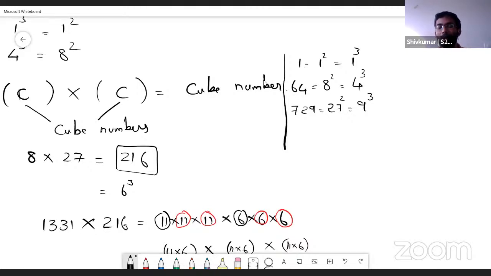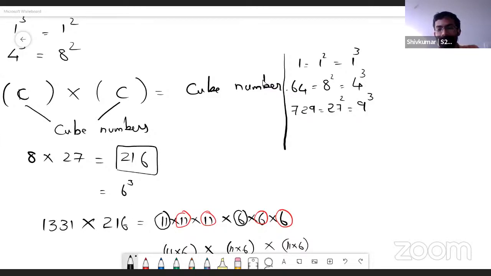How did you choose 27 into 27? Sir, I know the table of 27. Oh, so what made you feel that 27 into 27 would be a perfect cube as well as a perfect square? It's okay, fine, but very nice. And it is surprising that you know the table of 27. Wow. Awesome. And Nitya had raised your hand. You can speak out.